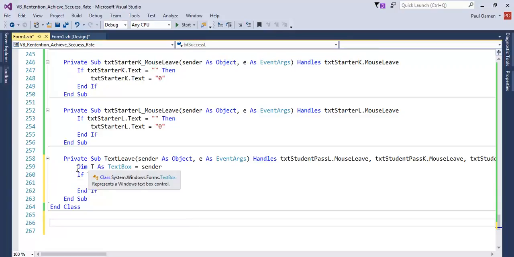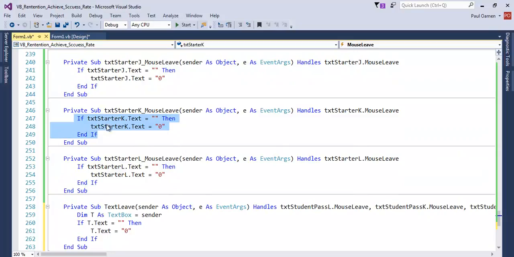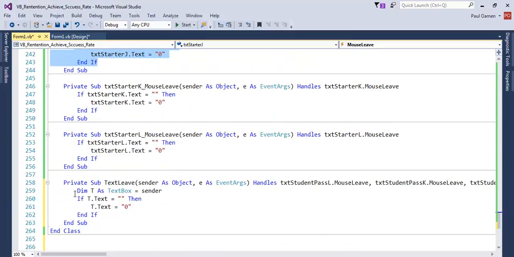So that's all there is to it. Just these few lines of code take care of what I had to write for 12 different objects. This single piece of code will take care of 20 different objects, and the same thing can be repeated for